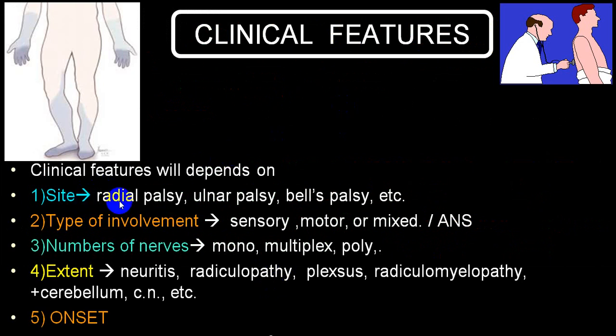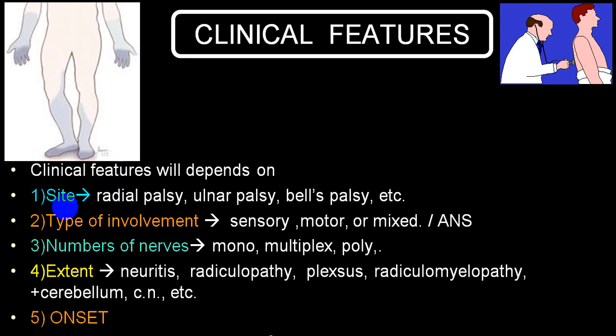Site wise, depending upon the area, if extensor side of upper limb is involved, radial palsy, very common, classical. Ulnar nerve palsy, Bell's palsy. Type of involvement we already mentioned before: sensory, motor, mixed and autonomic. We have already given you an idea regarding mononeuropathy, single nerve involvement, classical example, carpal tunnel syndrome. If you have multiple nerve involvement, single nerve involvement in different areas, mononeuritis multiplex, and if you've got a glove and stocking type of sensory involvement we call it polyneuropathy.